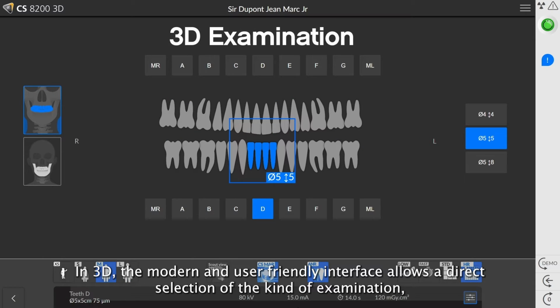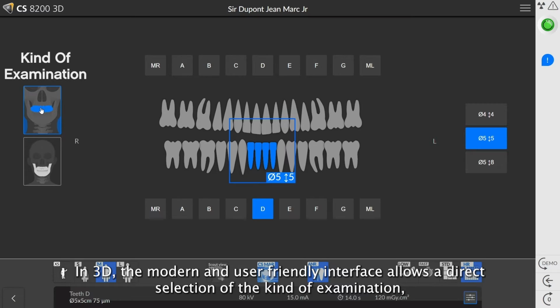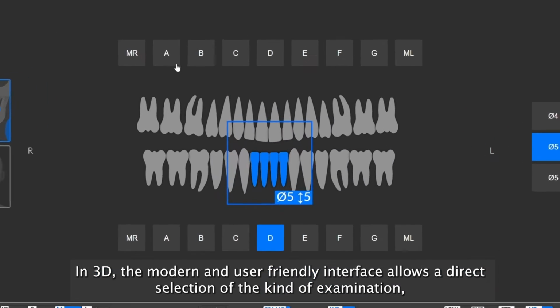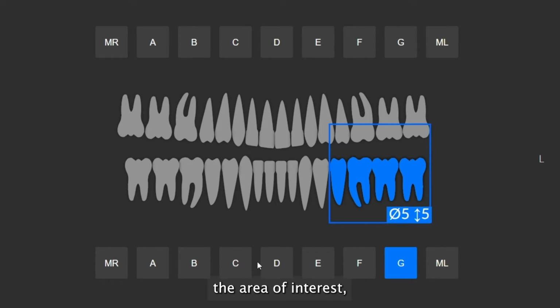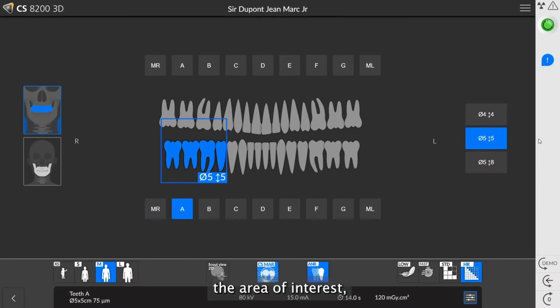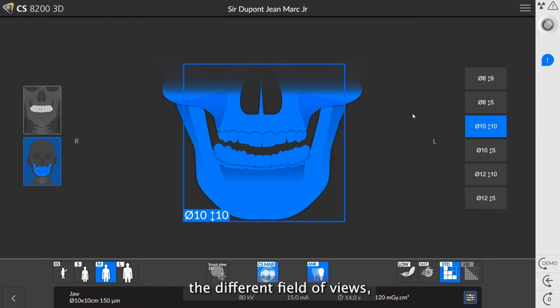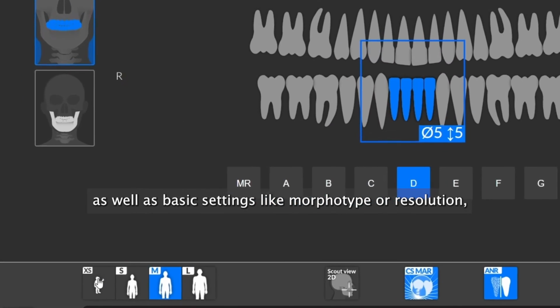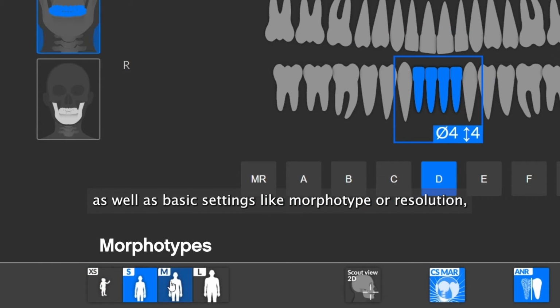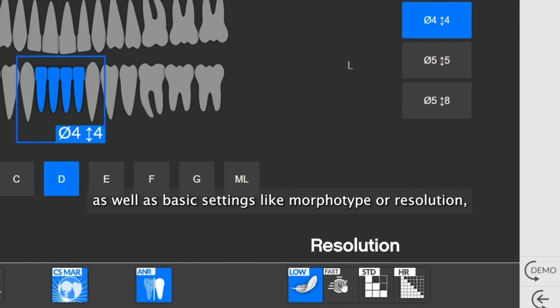In 3D, the modern and user-friendly interface allows a direct selection of the kind of examination, the area of interest, the different field of views, as well as basic settings like morphotype or resolution,